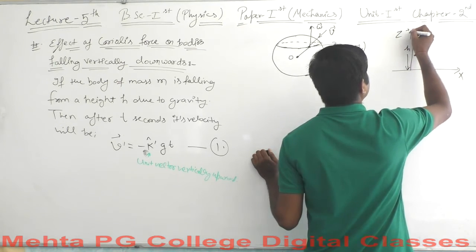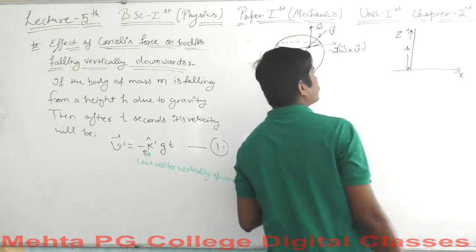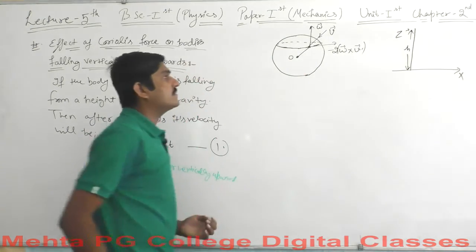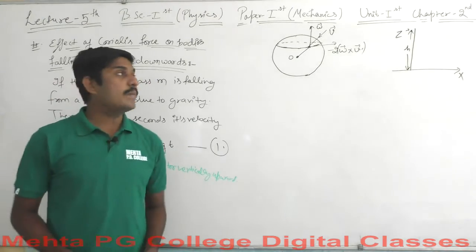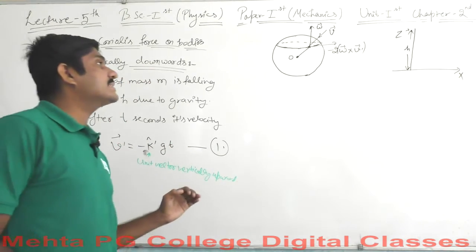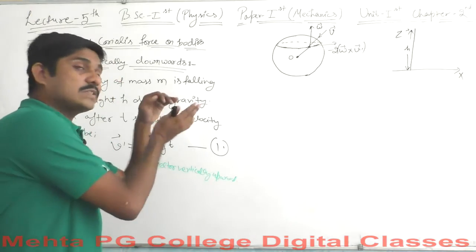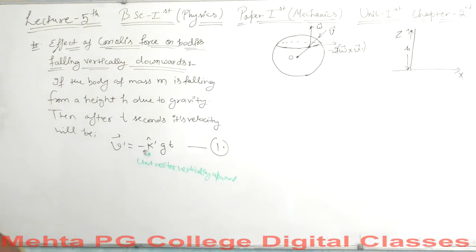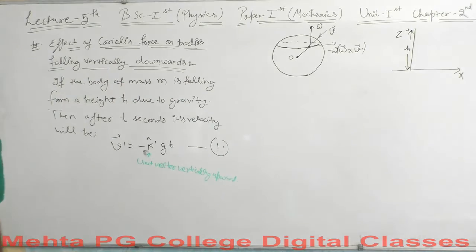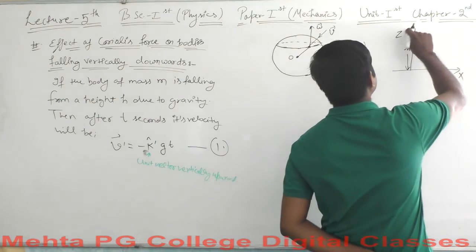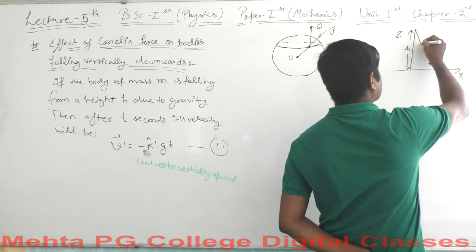This is the height small h here. But what will happen? This Coriolis force, the factor which is the minus 2 omega cross v dash, will cause some displacement here. So this will change the path. The path will not be the same now. So what will it be? Let's say a displacement occurs just because of the Coriolis force.